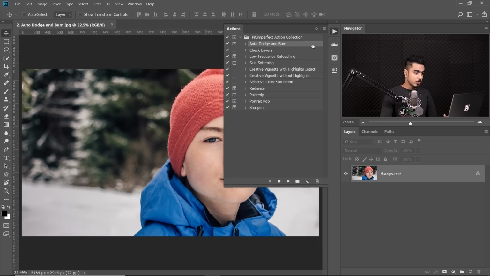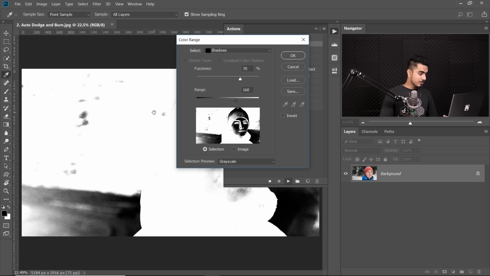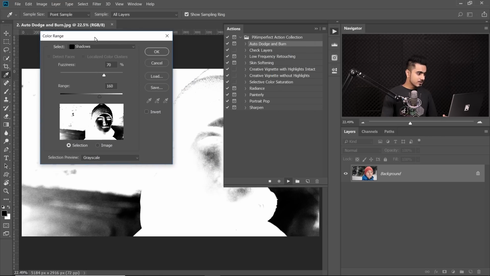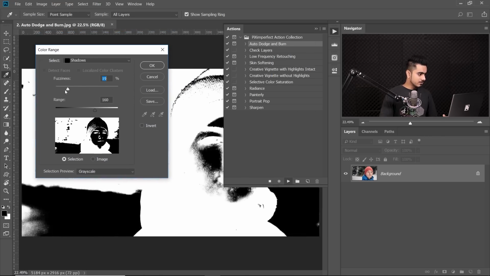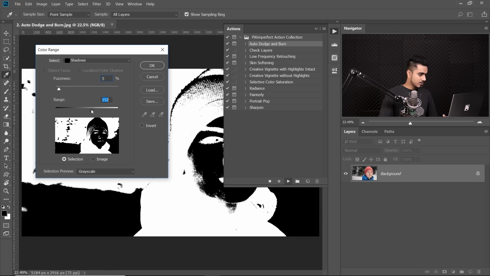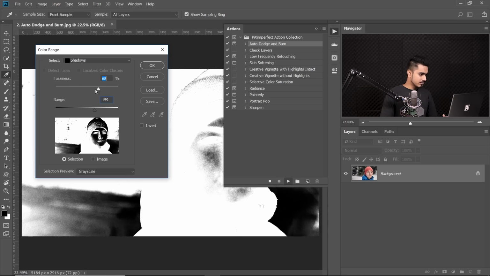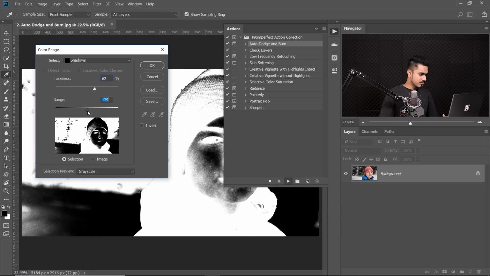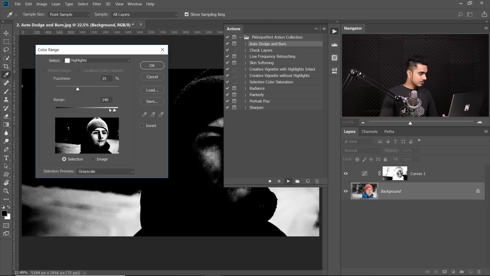So we will open up the automatic dodging and burning, auto dodge and burn. Let's play it, and it will ask you the shadows first. So you can move it right here, and you can decrease the fuzziness to define where the shadows are. So I'm gonna go, this is fine for me. Then increase the fuzziness a little bit, then adjust the range so that only the shadows are selected. Hit OK. Similarly for,